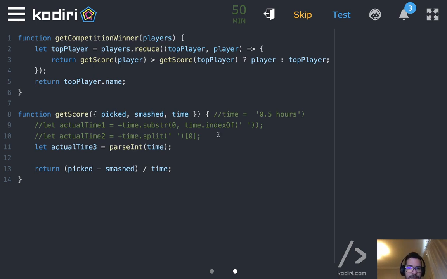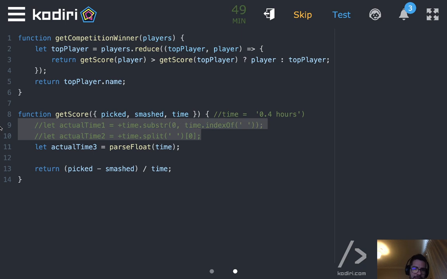Look, if you do parse int, Minji, it will work as long as you get integers, like 2 hours, fine. 1 hour, fine. 12 hours, fine. However, on the exercise, you got things like that. You got decimals. So you cannot use parse int. You can use parse float, which is pretty much the same thing, but parse float understands the decimals. So parse float will do its best in order to find the number encapsulated in this string.